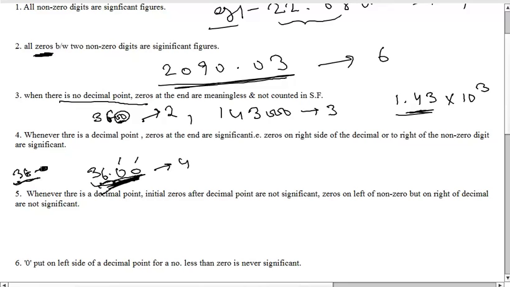That is, zeros on the right hand side of the decimal and to the right hand side of the non-zero digit are also taken as significant. For example, if I say 0.3600, again, as I told you, this 00 also represents the accuracy or the precision, right? So we say zeros on the right side of the decimal and to the right side of the non-zero digit, that is, after the decimal to the right hand side of the non-zero digit,